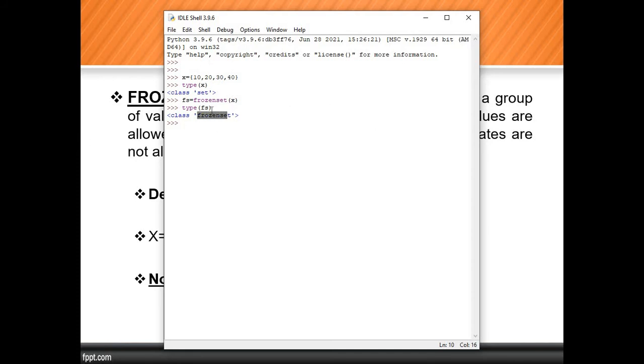Okay. There is no major difference between set and frozen set. Only one difference is there. That is the concept of mutability and immutability. So this is about the set, and this one is about the frozen set. By using that, we can easily create the frozen set. So make a note of that.